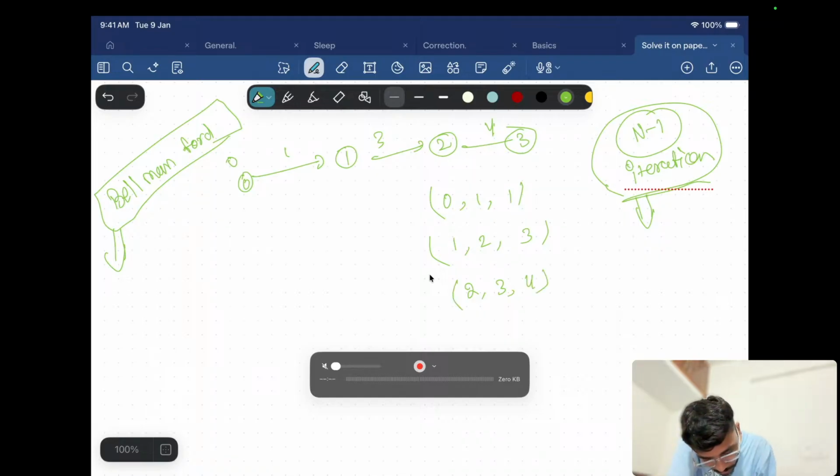So in the start you are just checking distance of u plus weight is less than distance of v,